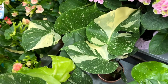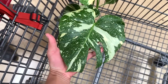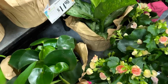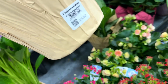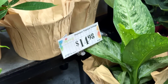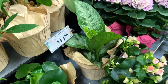$39.98. We have gone a long way. And I already bought some plants too. A really variegated pink Princess Philodendron along with the painted lady. Look at this. I'm pretty sure it says 8 inches are $14.98. But you know what, my variegated one has been putting out...